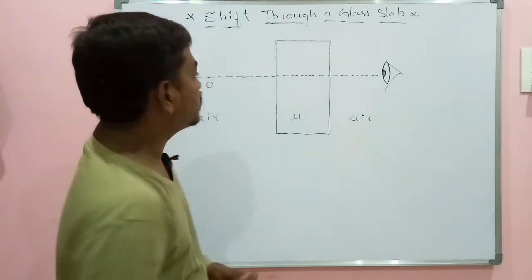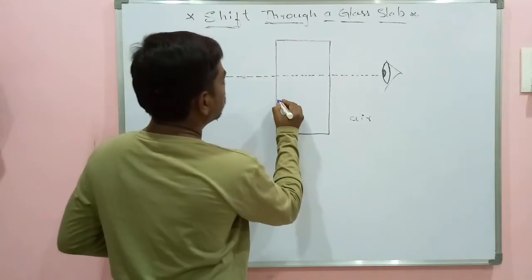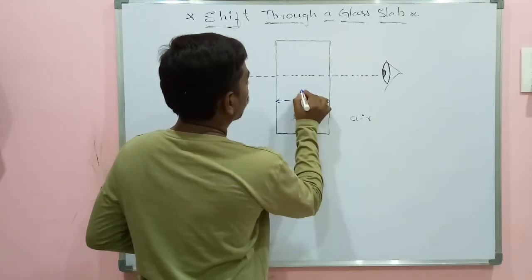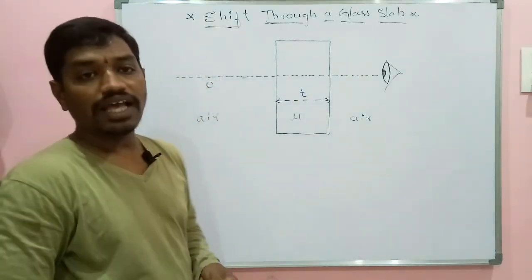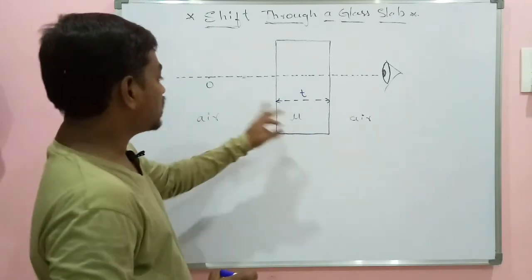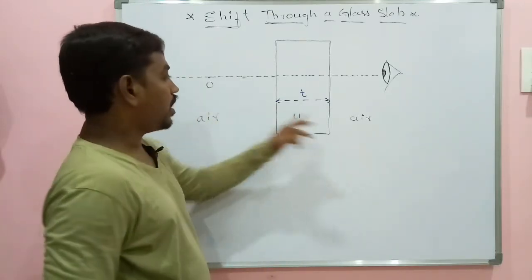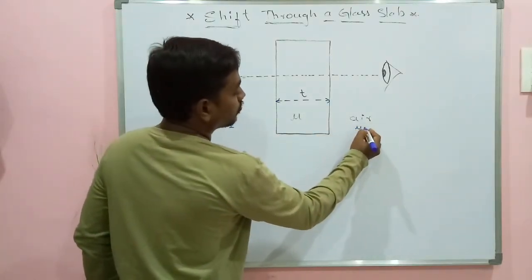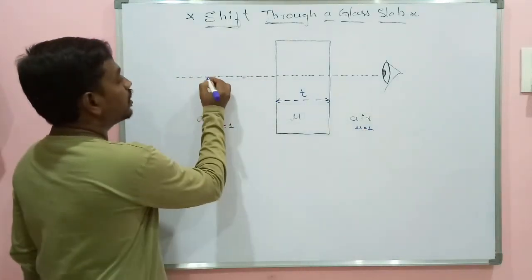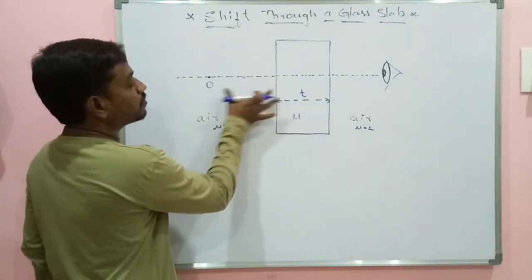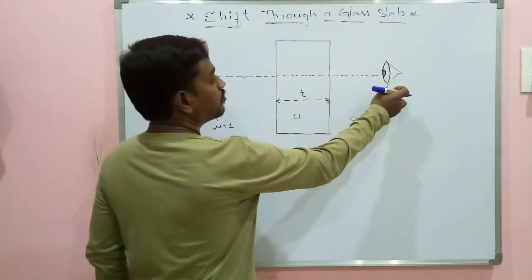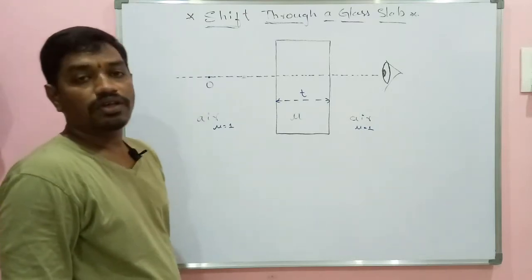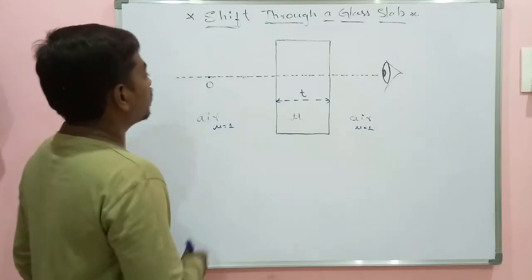So for this purpose you consider a glass slab of thickness T. Let T be the thickness of the glass slab of refractive index mu, and it is surrounded by a medium air of refractive index mu equals 1 here. Here let an object O be placed at some distance from this glass slab, and from the position of I we are seeing this object. Now what will happen, and if you want to draw the ray diagram,